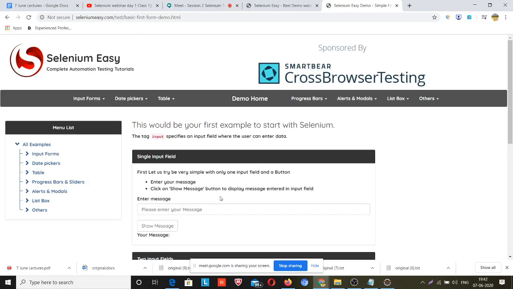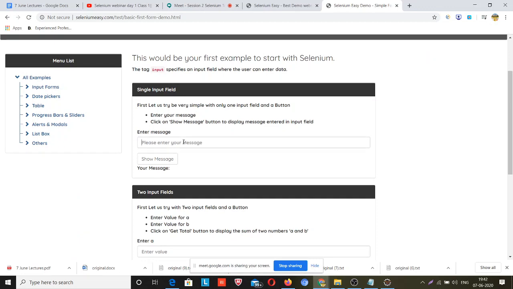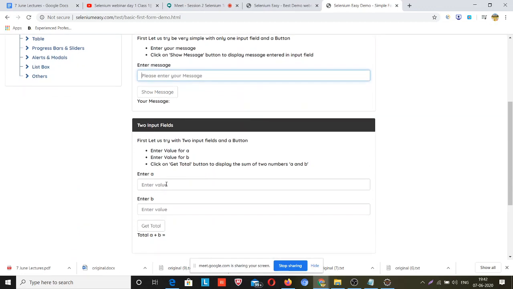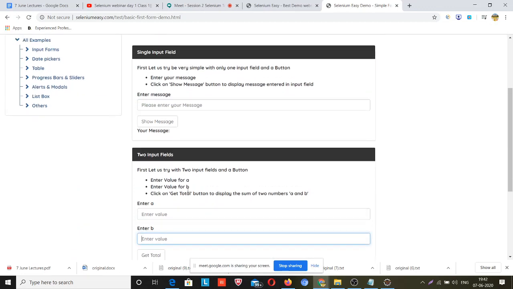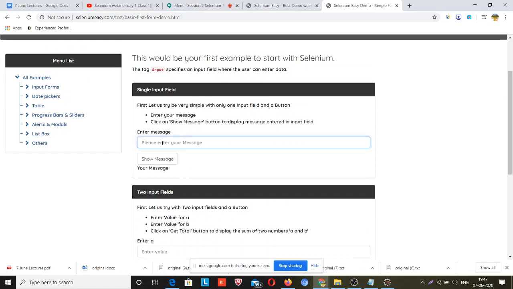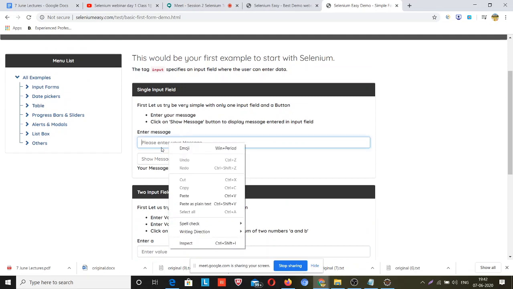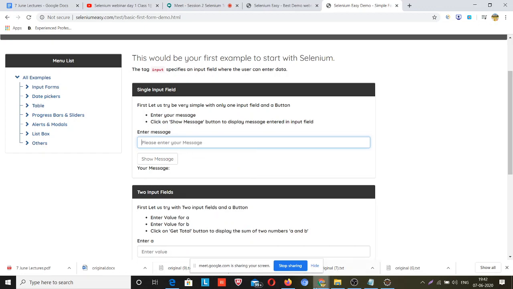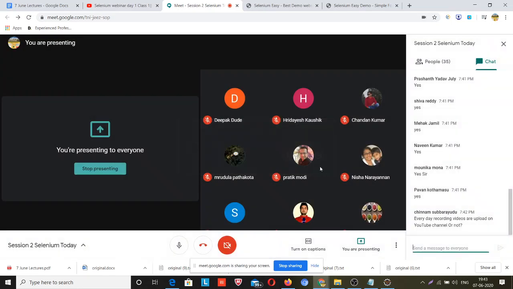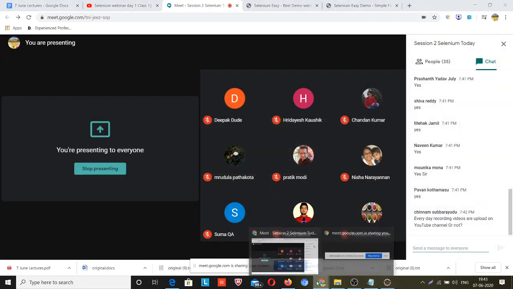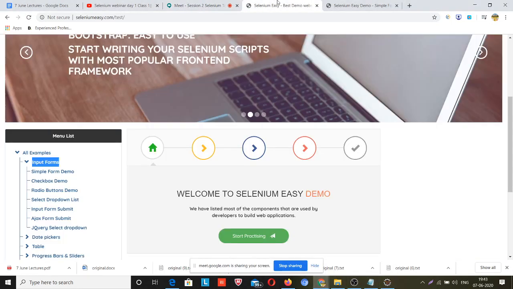If you click here, then you can find this text box, you can practice, you can enter a value, because if you do manual testing then you enter some value here and then you try to test that. The same way you have to do these things also.